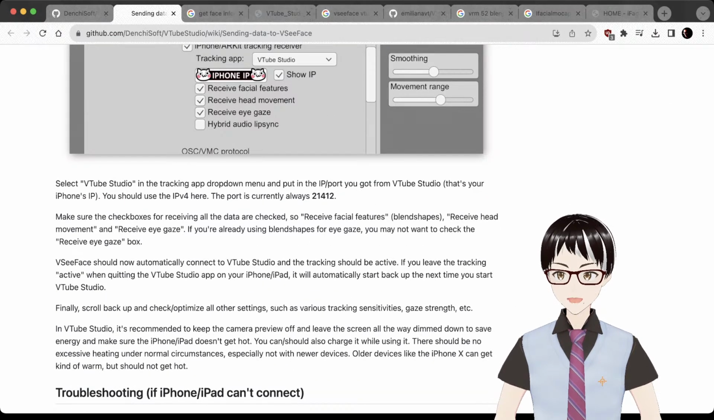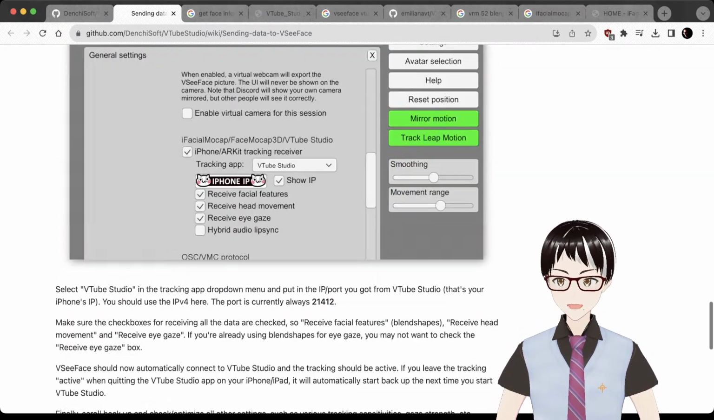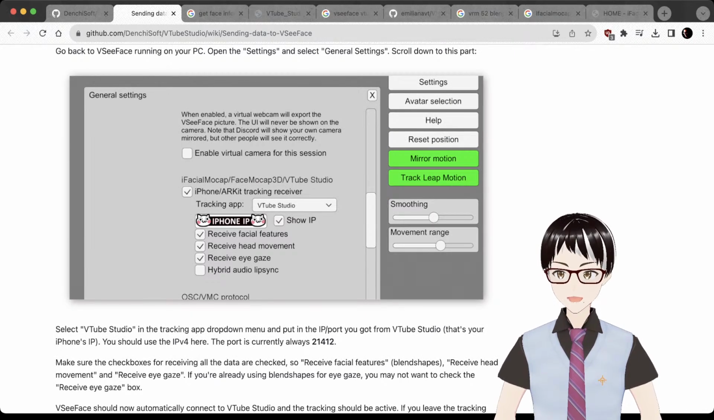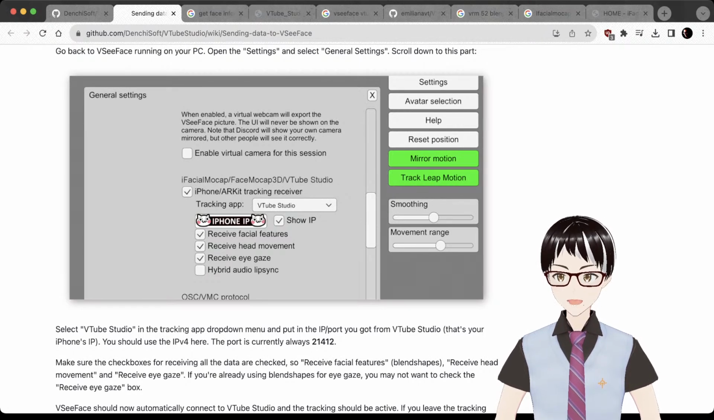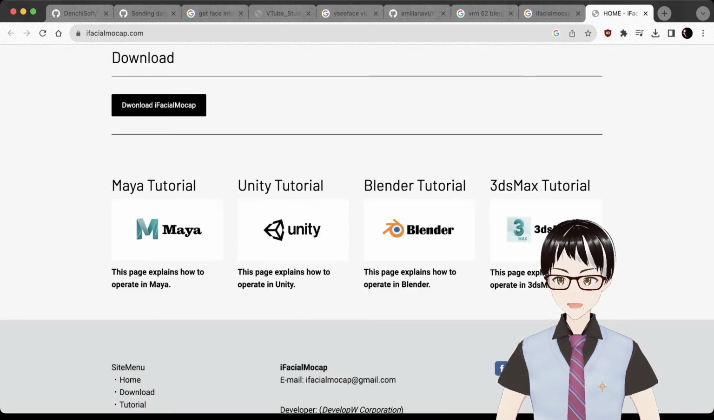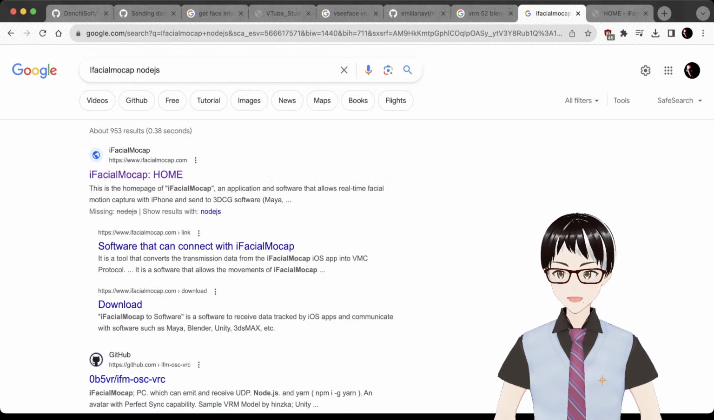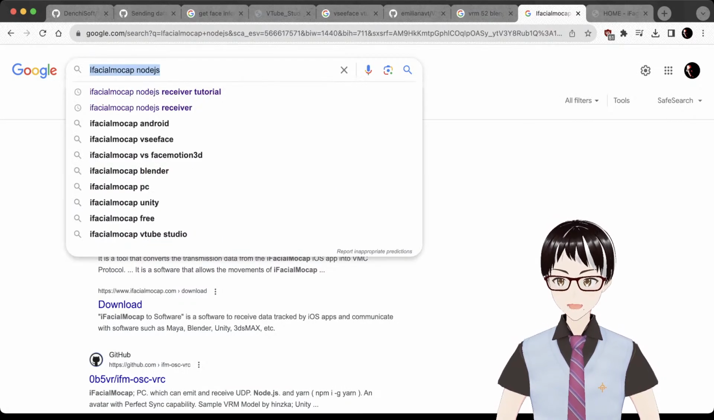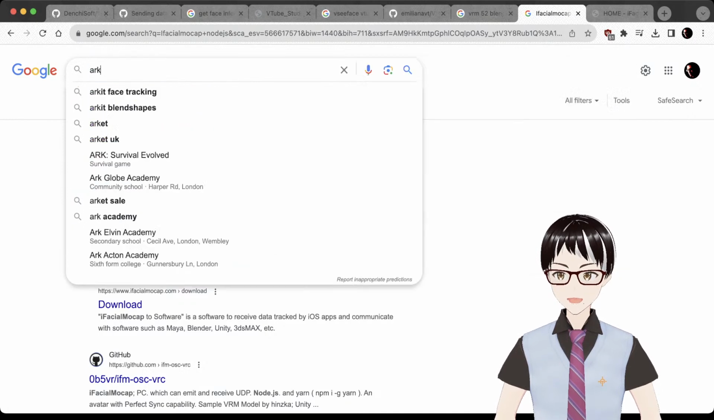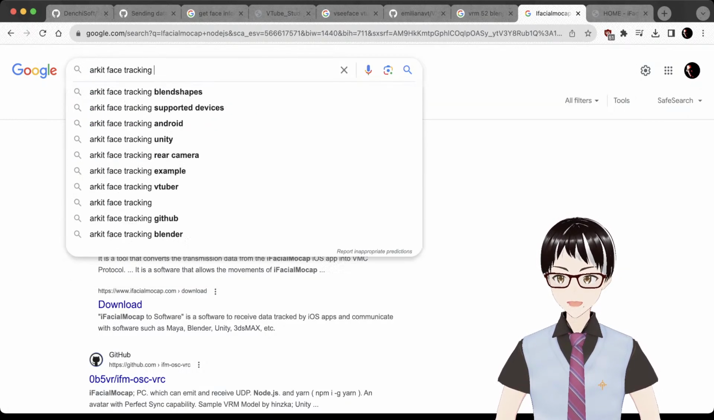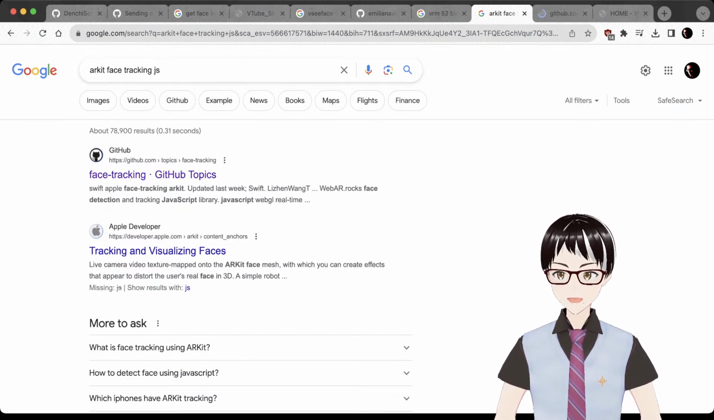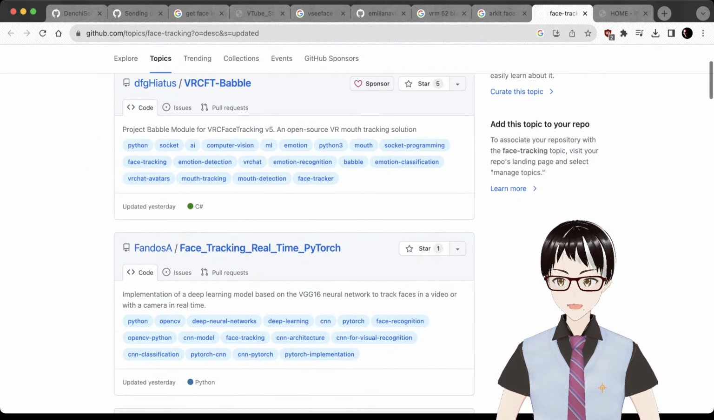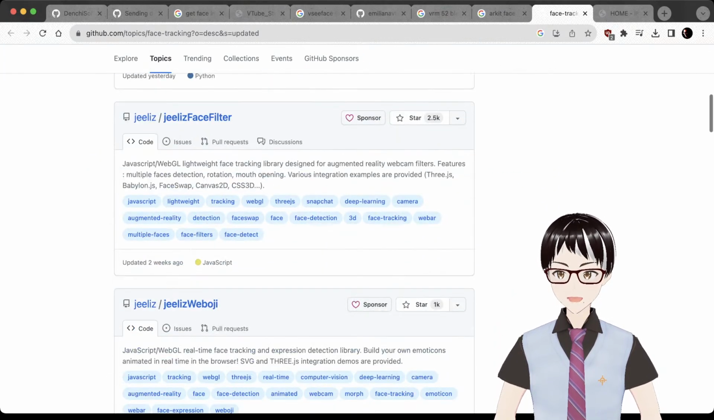So it basically means face mocap 3D. We need to have the ARKit tracking receiver in JavaScript. If we don't have that, we're screwed. So we have to find a JavaScript version for it. Otherwise, we will need to